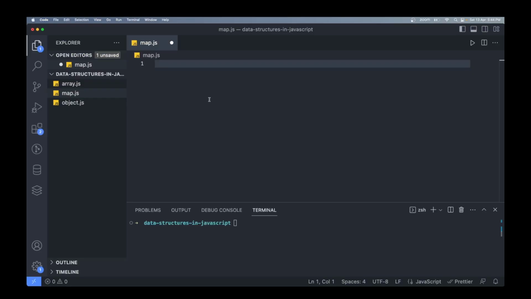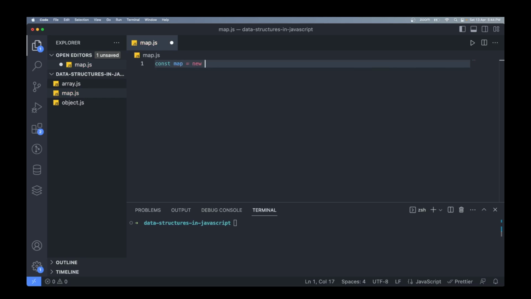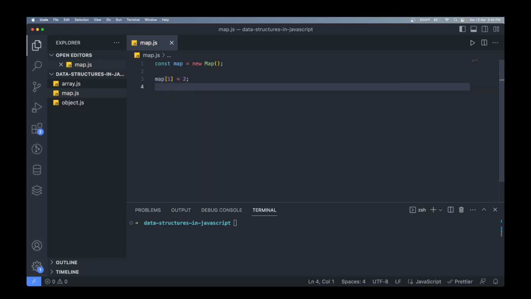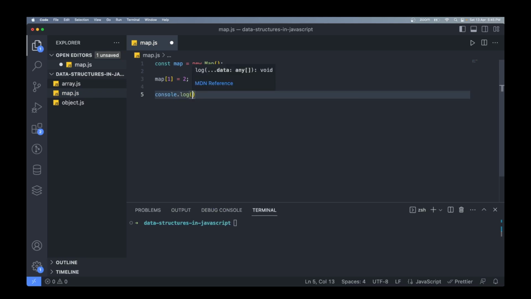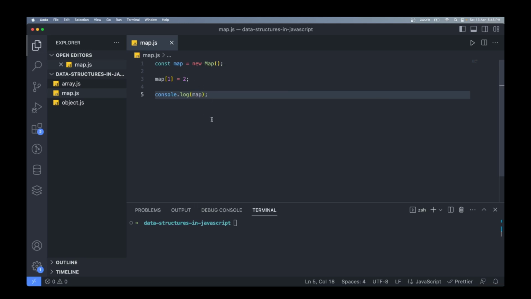In order to create a map, we just need to initialize the map constructor, which we can do just like this: const map equals new Map, and this will create a new map object for us. And unlike objects, we should not be creating key value pairs on a map like this. Though it will work and it will not give us any error, this is not the way we should create a property on a map, because it will basically take the generic object behavior and it will work,